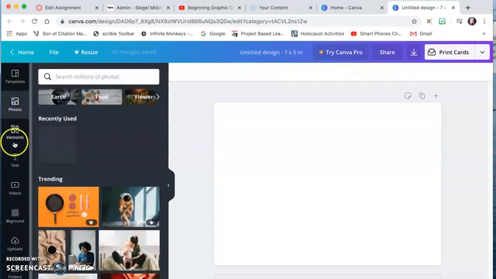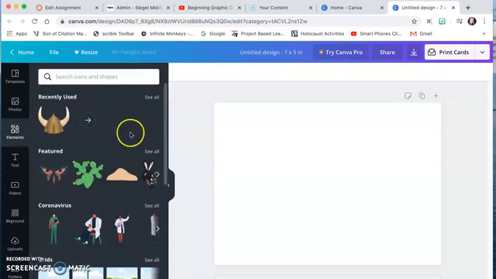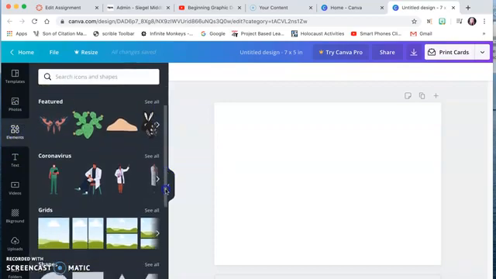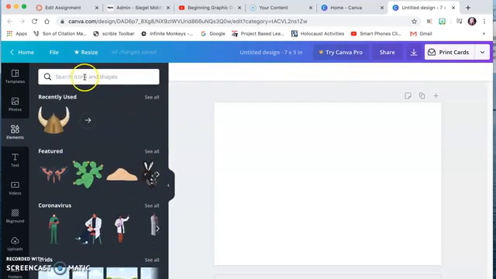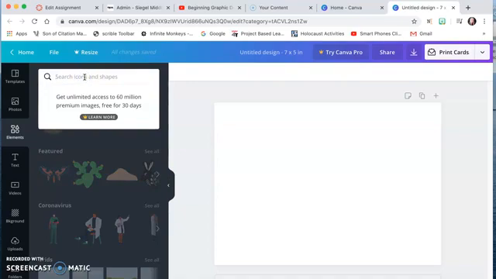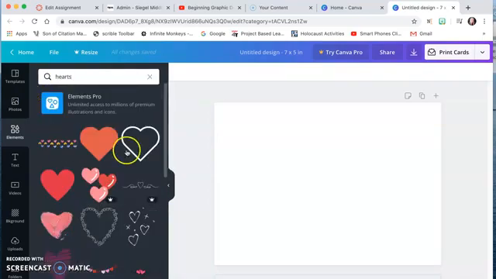What you really need to make sure you watch out for is Canva is free, but it also has paid elements. So if I were to search, let's say, hearts,